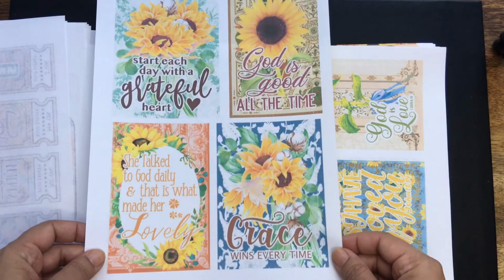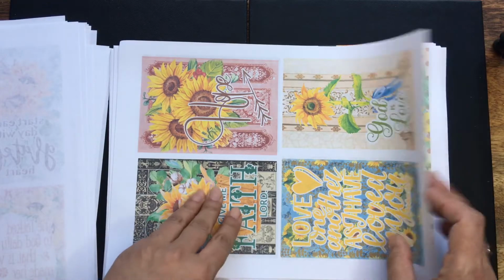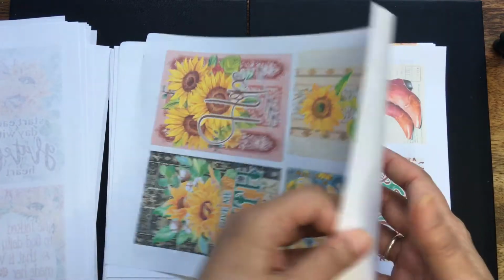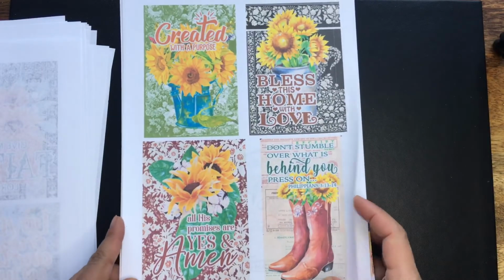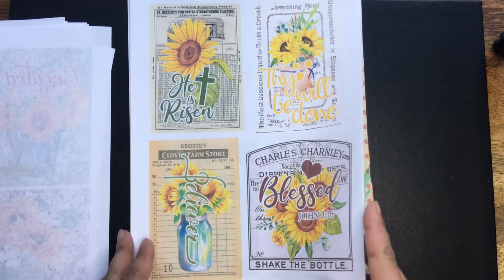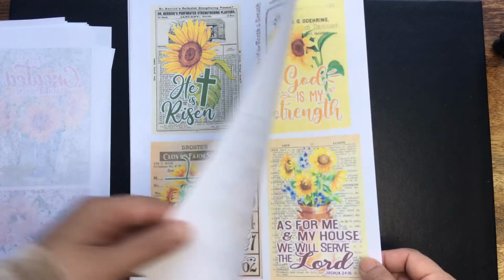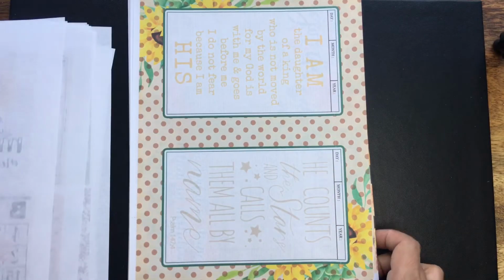There's some more which you can use as the cards. I'm sorry I'm going through them so quickly, but it's hard. What do I share with you and what do I leave out? So I just want you to have a quick glimpse through them all, and then you can always go out and look at them on